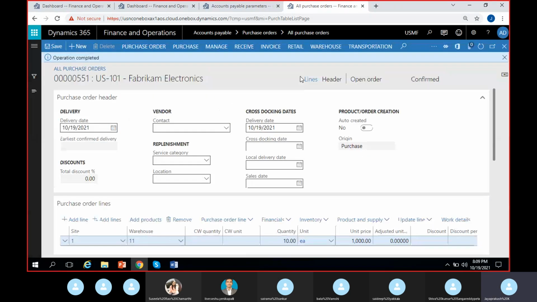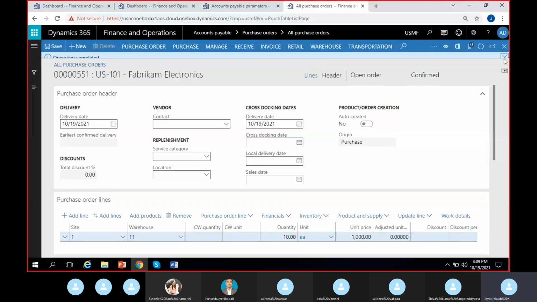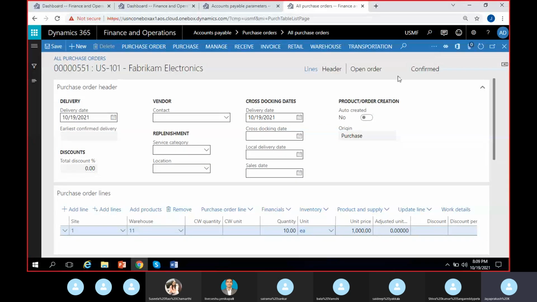It's taking a long time for confirmation. Finally, it's confirmed. So the next thing is receiving goods. Before receiving goods only, you have to generate a prepayment invoice and make a payment, right? So you have to make payment to the vendor. That's our agenda. Before we receive the goods, or before the vendor delivers the goods, we have to make some